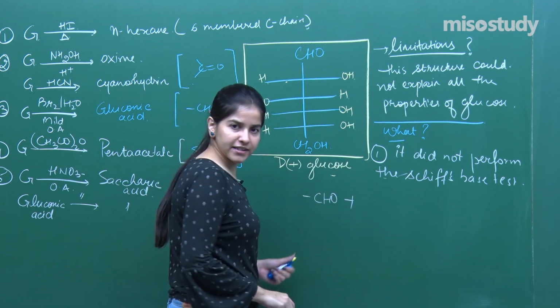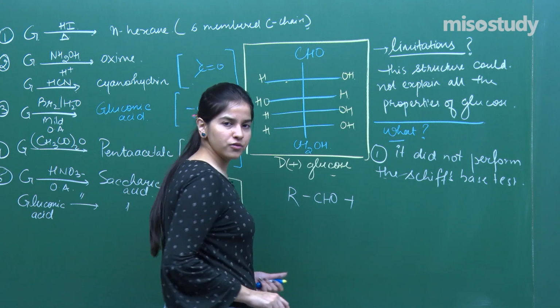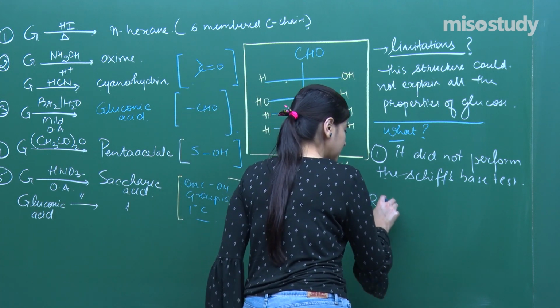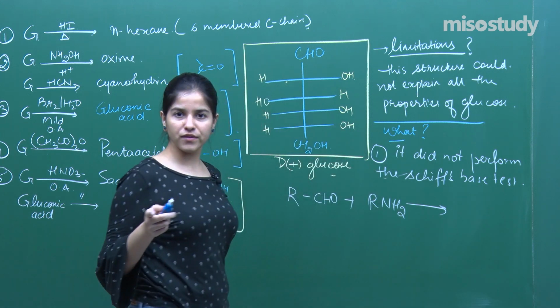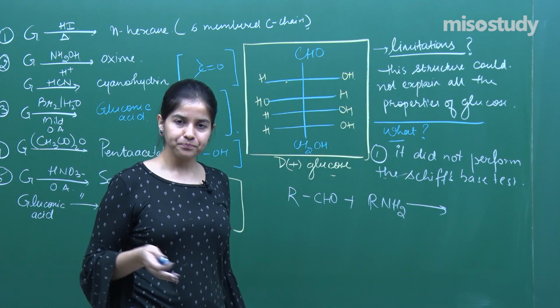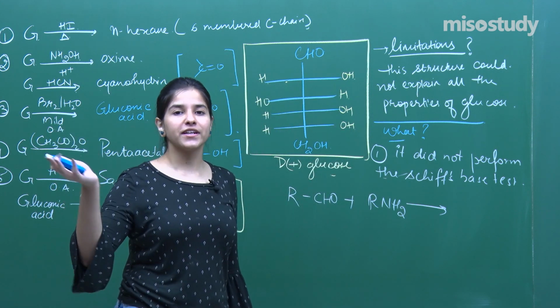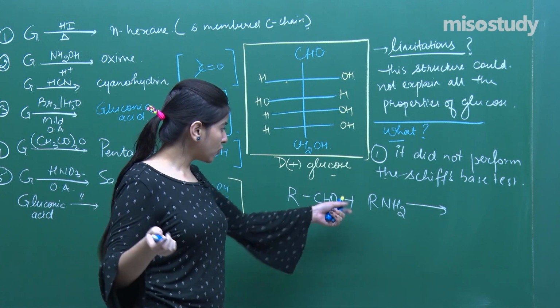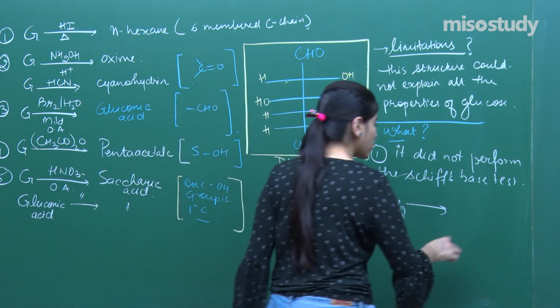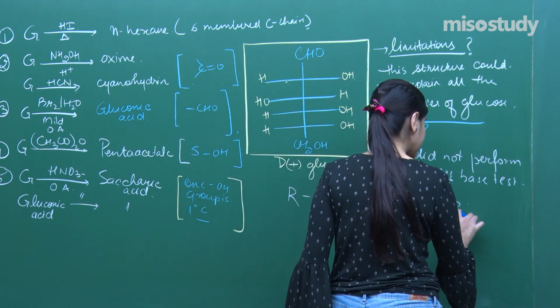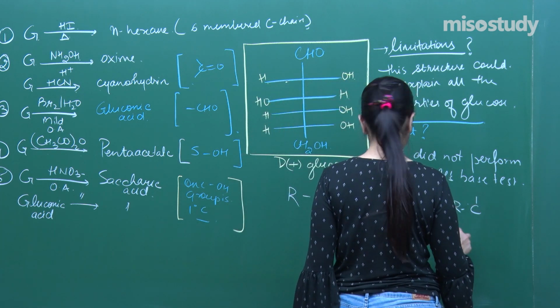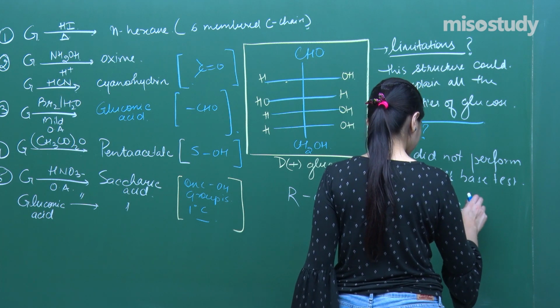there is the aldehyde group, let's say RCHO, and it reacts with RNH2, and again a similar kind of reaction will happen. What kind of reaction? That kind of ammonia derivative reaction, right? So in this case, what we had obtained was an imine, right? Remember it? So it's like C